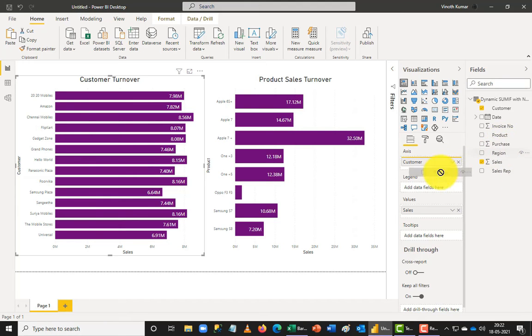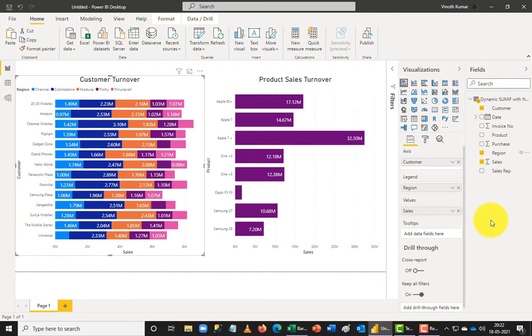If you want to add a color, so I want to see the regional breakup here, then I can just add the region in my legend here, so that it's going to color out differently. So I have 5 different regions here. It starts with Chennai, Coimbatore, Madurai, Trichy and Tirunelveli, and you can see the sales are broken. The entire sales is not shown anymore. It is showing you the breakup here, but unfortunately I'm not able to see all of the data here because the screen is very small.